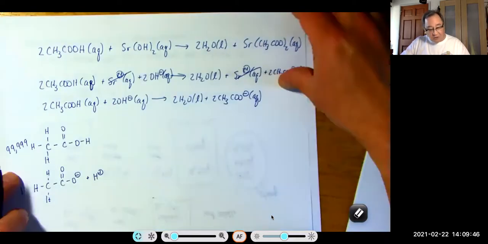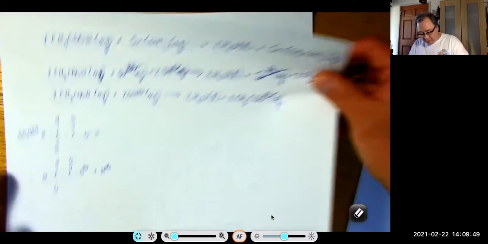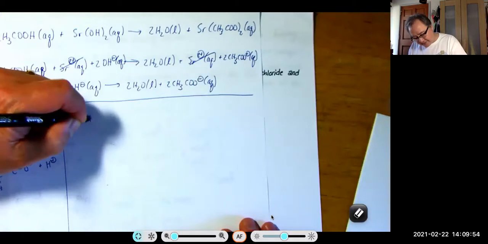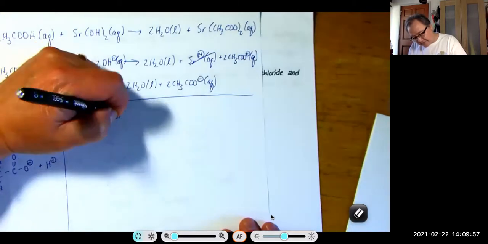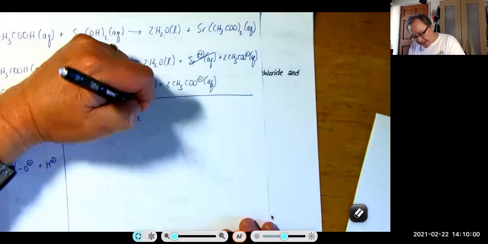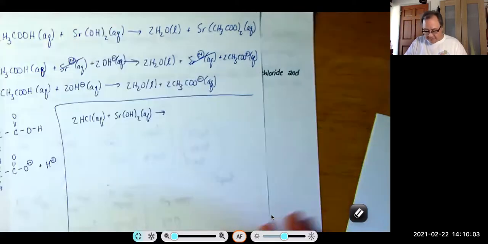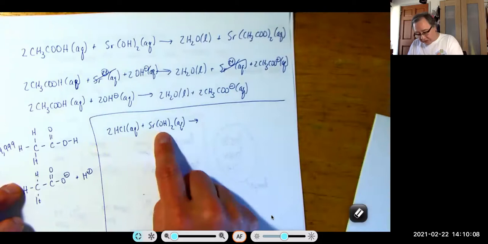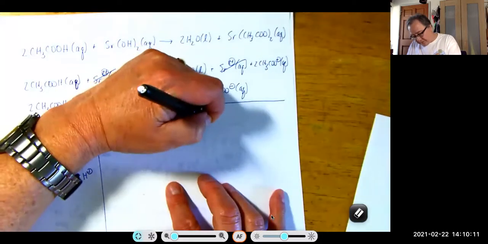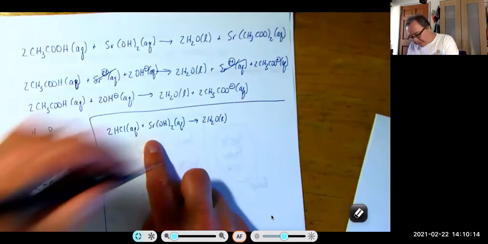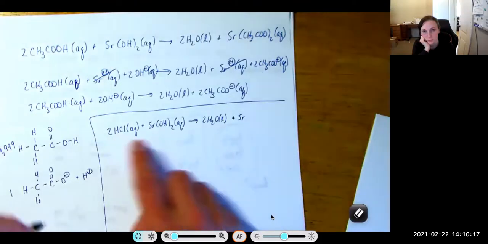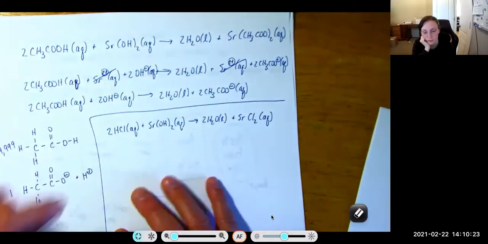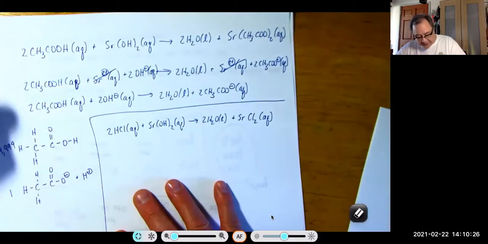Whereas, this is not a question that was asked, but what would we write if we had this reacting instead? This is a good contrast between a weak acid and a strong acid. So here's a strong acid, 2 hydrogens, 2 hydroxides. How many waters? 2. 1 strontium left over, 2 chlorides left over, and because of the Cl, it's aqueous. So here, if we want to get the net, this is the net up here, we'd write